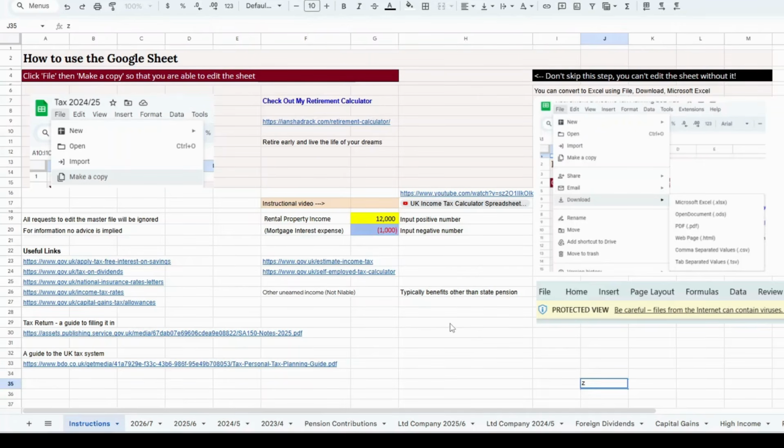There's full instructions with the file and also lots of useful links to HMRC data to help you with the